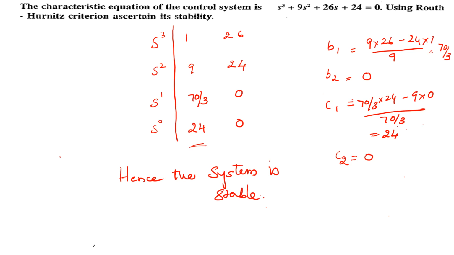So for the condition of the system to be stable, the first column values should be positive and there should not be any sign change. Then the system is considered as the stable one. So this is how